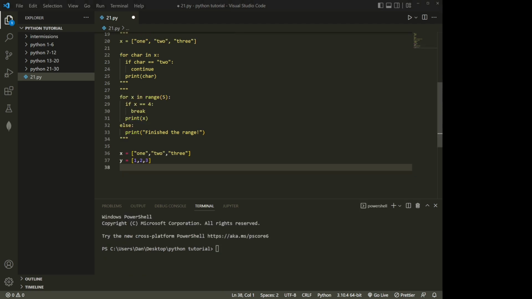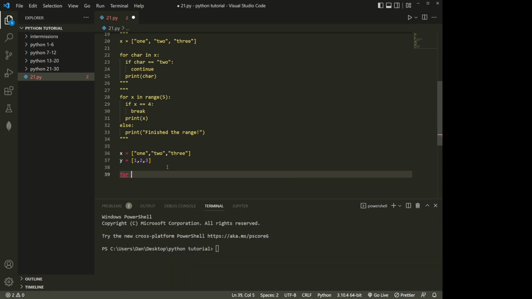So I've built 2 lists, and I'm going to show you how you can nest for loops. With for loops, you want to avoid nesting them as much as possible. They are very bad for performance, but sometimes it's necessary. So we'll go over how you do that. And early on, it might seem like an easy way to fix something, but try not to do it. So for this, we will do for s in x, s for string, and then we will nest this